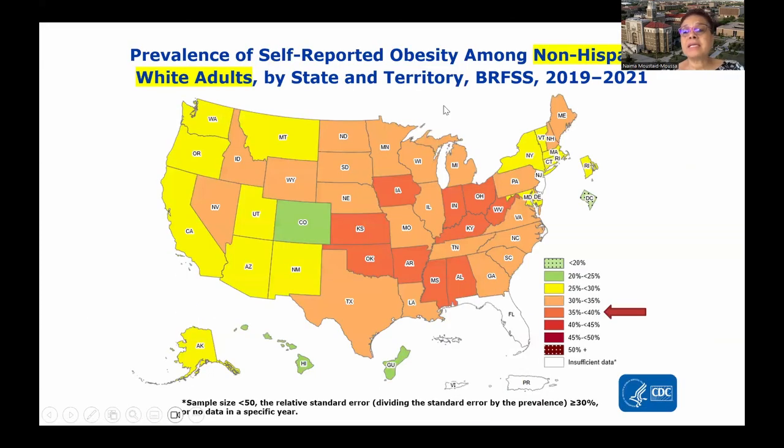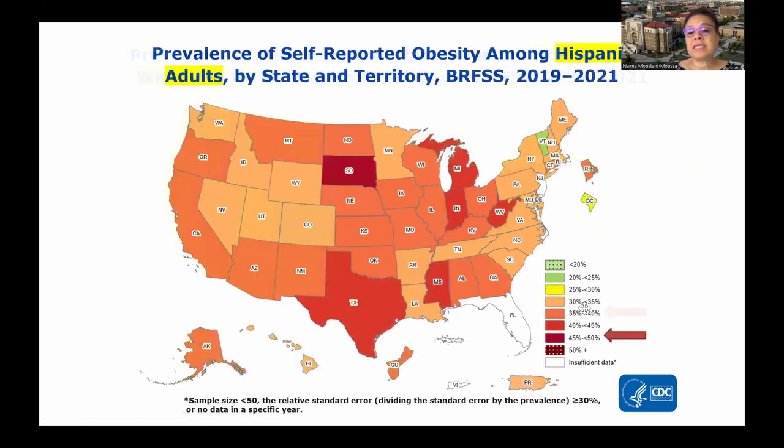How about the United States? It's a different picture. We don't see specifically great differences between males and females, no huge sex differences. However, we see ethnic differences in obesity prevalence. For example, in non-Hispanic white adults, here is the key. Again, you will see that darker red colors indicate higher prevalence of obesity, and on average in non-Hispanic white adults, we have around 35 to 40% prevalence of obesity.